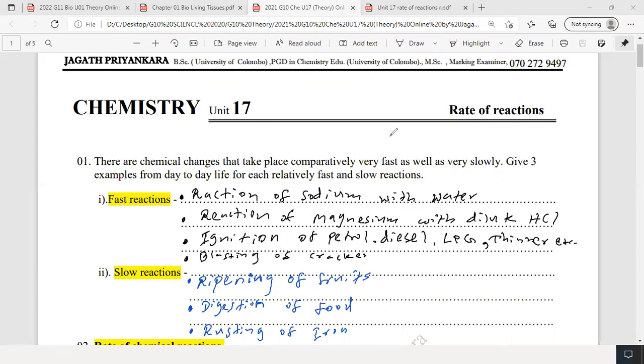Shall I erase this? Anyone still copying down? Fast reactions and slow reactions. Now